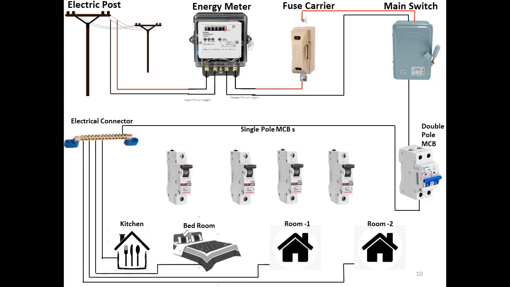Now if you want to run the machine, if you want to light up your lamp, then definitely we must have two terminals, right? So the thing is, now the phase terminal, we need the first terminal. In our room, the neutral supply is available, then we need the phase terminal, right? So the phase terminal from the main switch is connected to the double pole MCB. Then from the output at the bottom side, it is given to all the single pole MCB inputs. See, all the single pole MCB inputs, your terminal is connected, right?